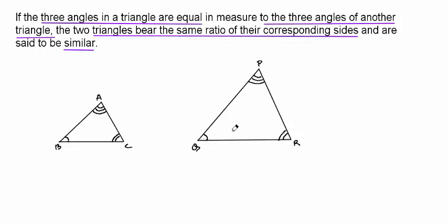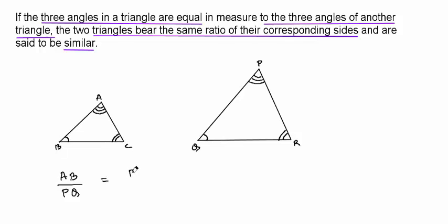And when this happens, we say the two triangles are similar and the corresponding sides bear the same ratio, which means if you take side AB, the two angles on that side are this one and this one. So if you take the same side on that other triangle, having this angle Q and this angle P, and take the ratio of AB and PQ, AB over PQ, that's going to be exactly equal to the ratio of